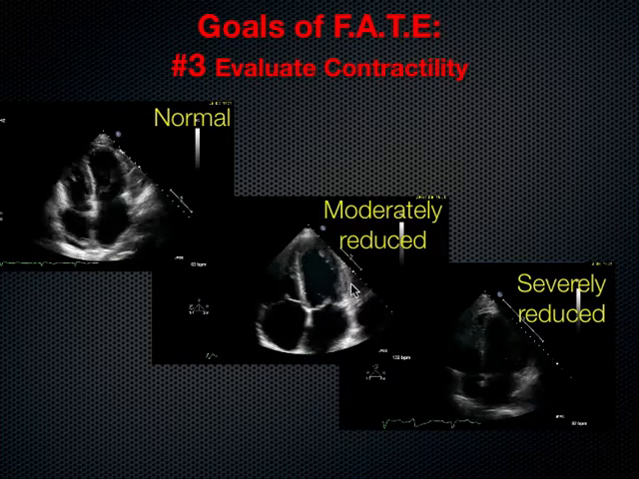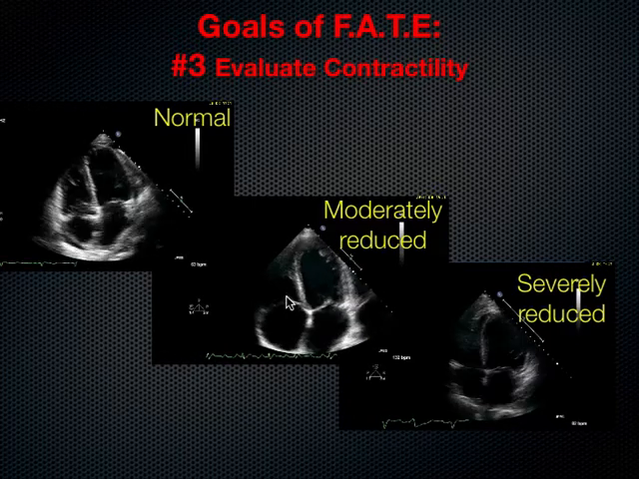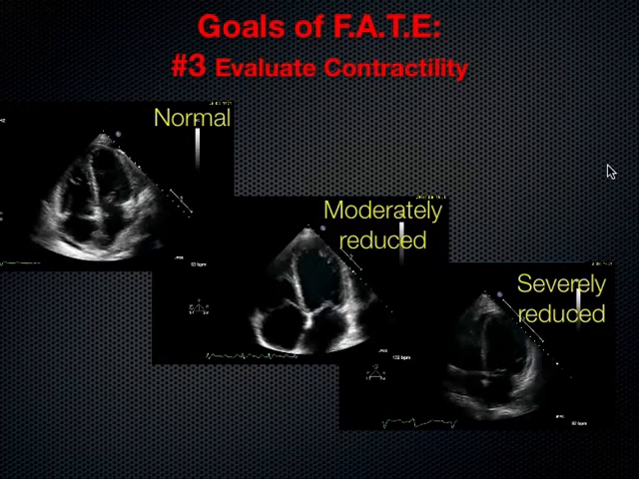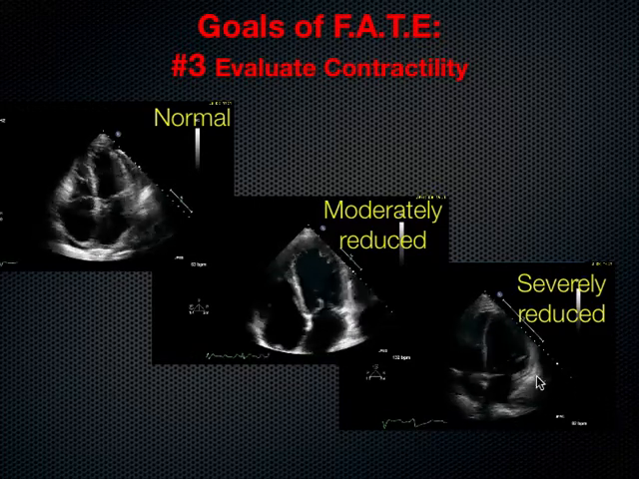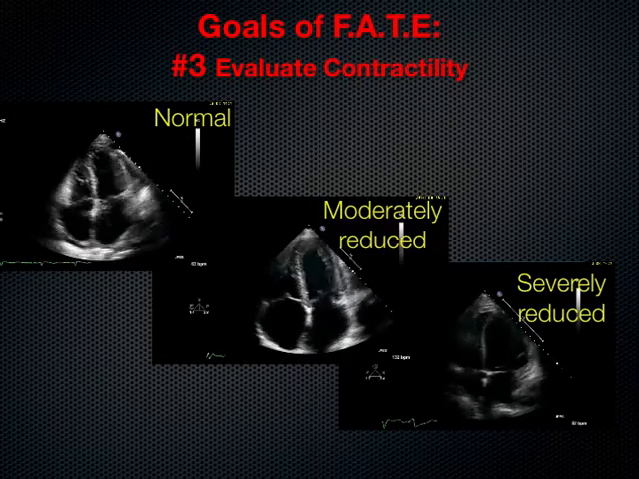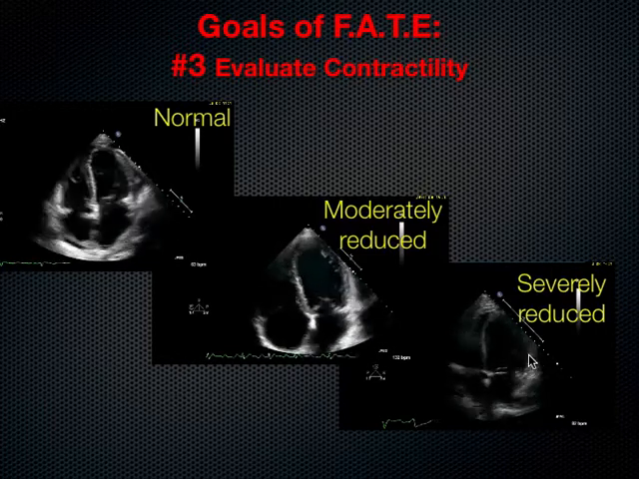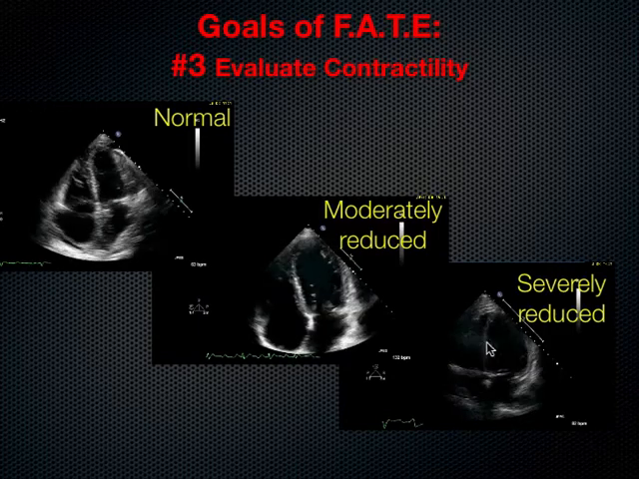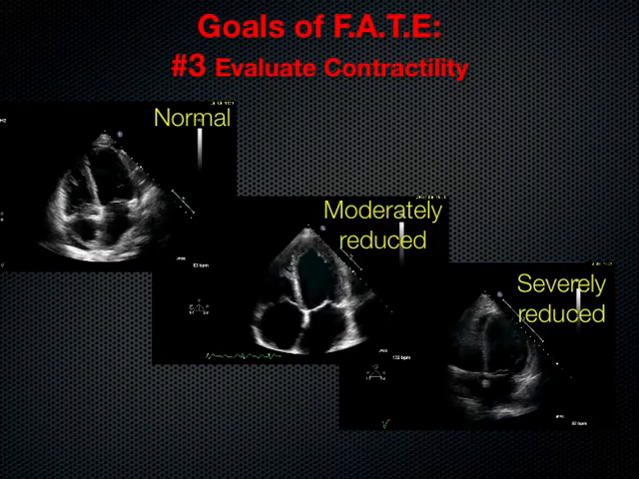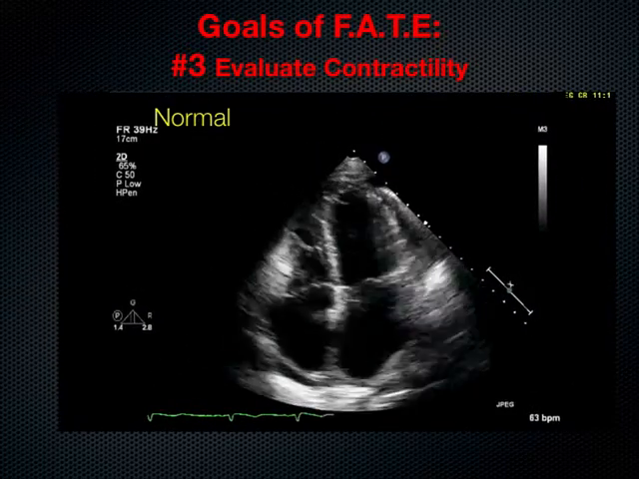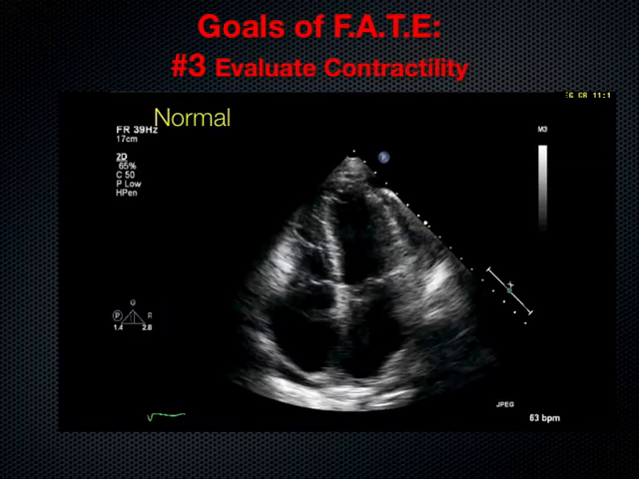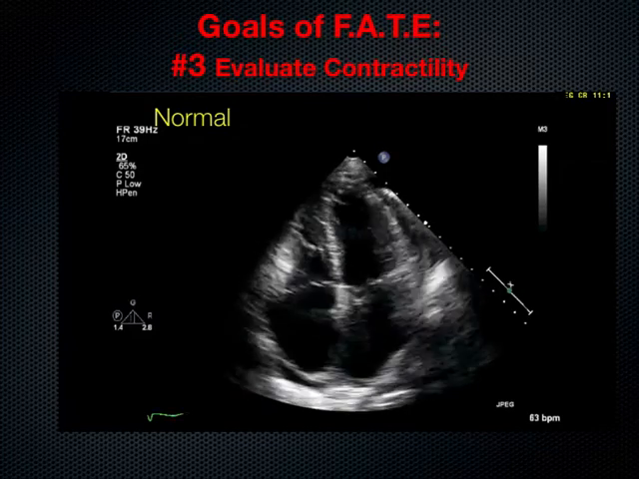This one's moderately reduced. We see there's not as much squeeze here. There's not as much chamber size changing between systole and diastole. And finally, this is a very severely reduced LV contractility. We can see that there's really almost no change in the systole and diastole of the heartbeat to beat. So again, just to blow it up, this is the normal, and then we can see the